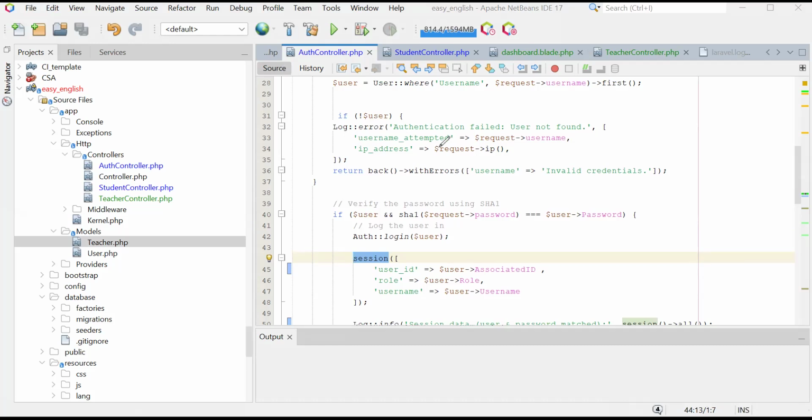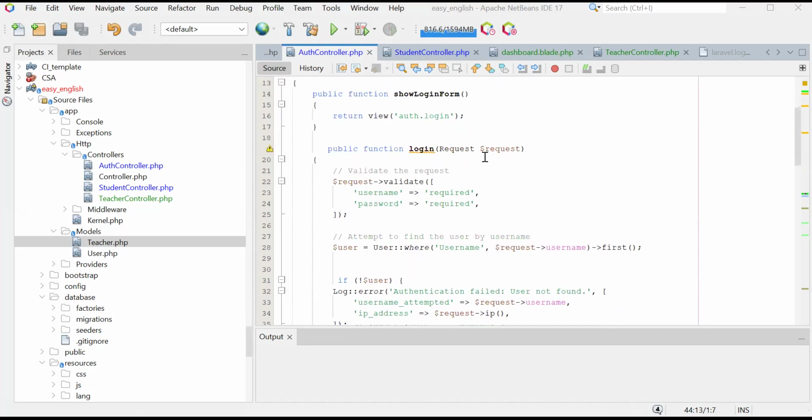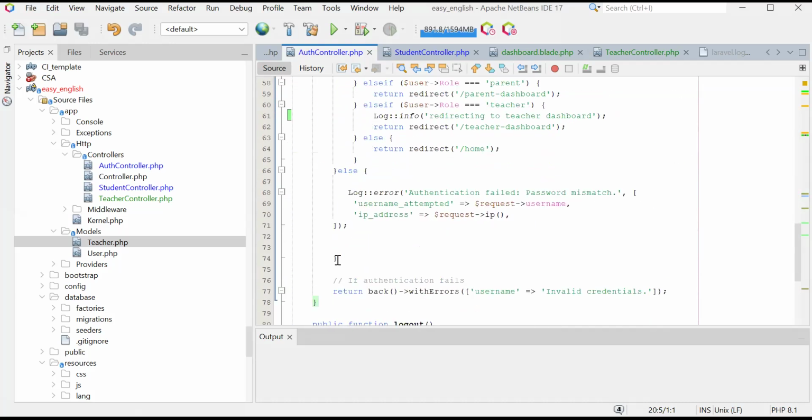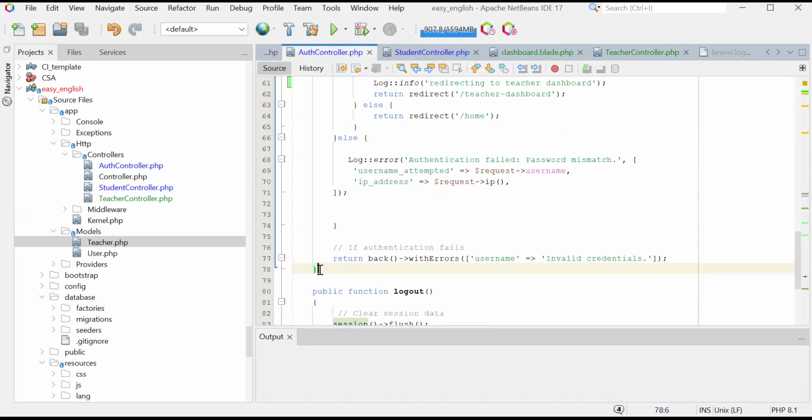We start this function login from line 20, which is the opening curly brace, until we reach line 78, the closing of the curly braces. When we run the last line and reach the closing curly brace at line 78,